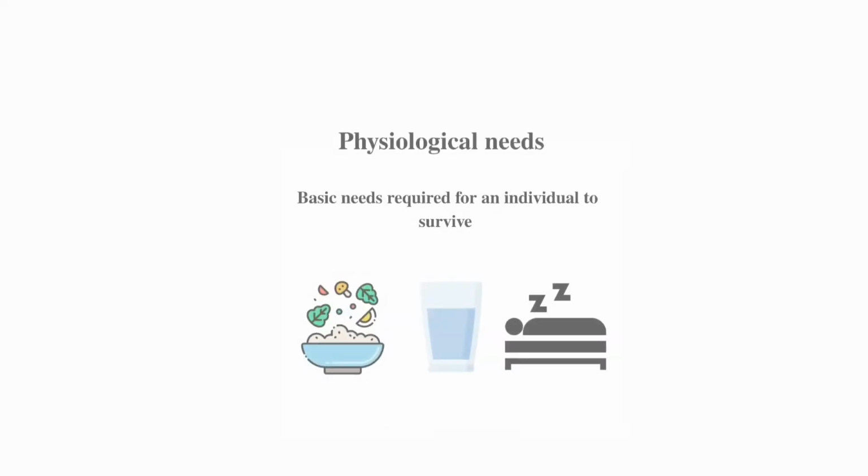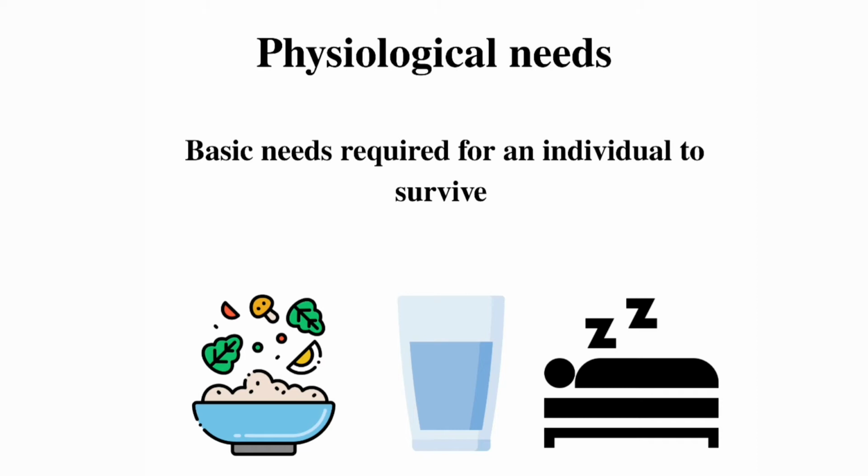Now let's get into the topic straight away to know more about Maslow's theory. The first one is physiological needs. These are the basic and essential needs that are required for any individual to survive. They might include the need for food, water, warmth and health. A person's motivation at this level derives from their instinct to survive. The person needs to completely satisfy this level just to begin pursuing further levels.